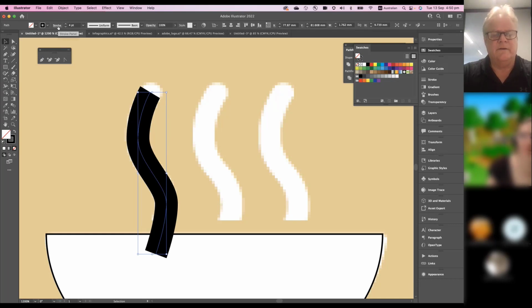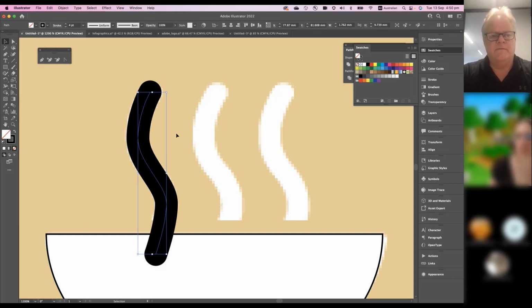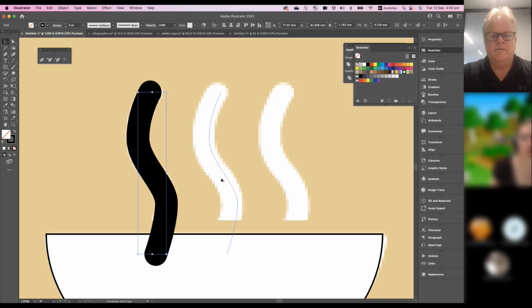So I can click on my little stroke options here, and one of the options is for rounded ends, and that's absolutely perfect for me. So 4-point rounded, awesome. Then I can just duplicate this 3 times,